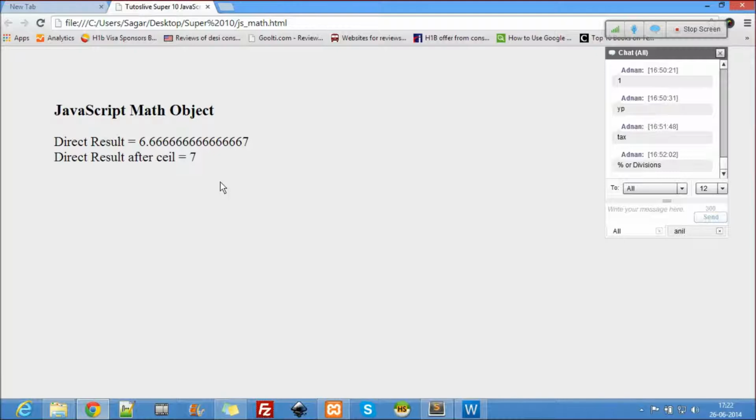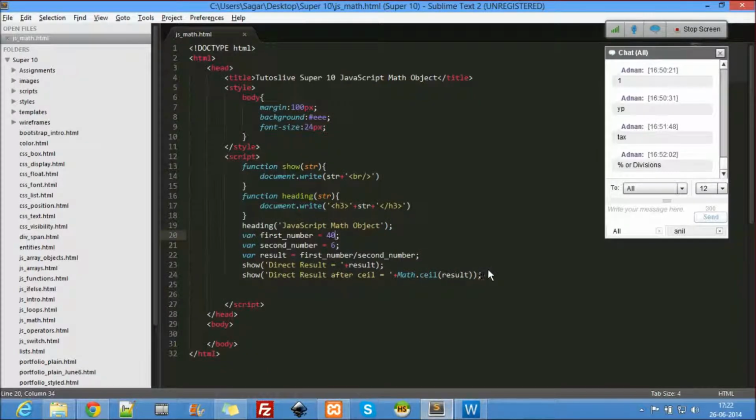But the practical example comes when you are using timers. In timers, sometimes you divide the total seconds by 60, 3600, and you get a very vague number in decimals. So in that case, you use ceil to round it off to the next bigger number. So always remember, round it off to the next bigger number, use ceil. Whatever the application you encounter, to the next number, use ceil. Alright, so now let's see the other one here.